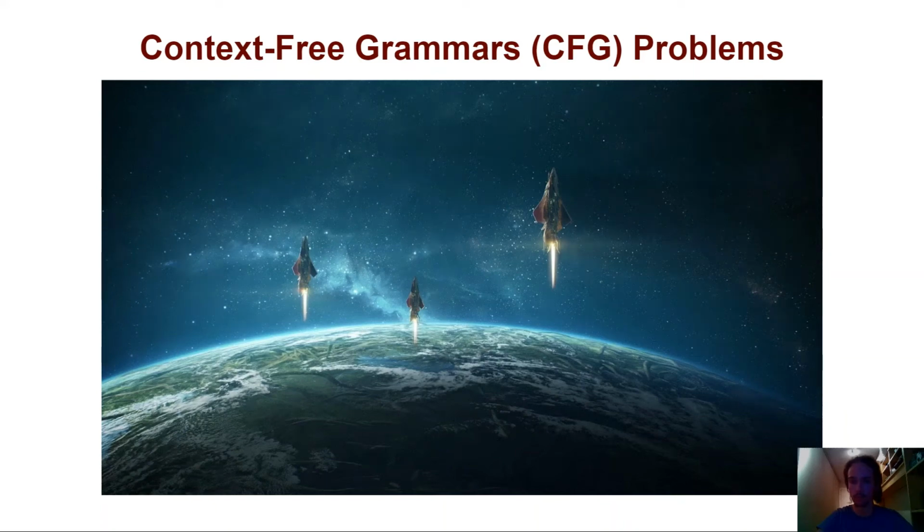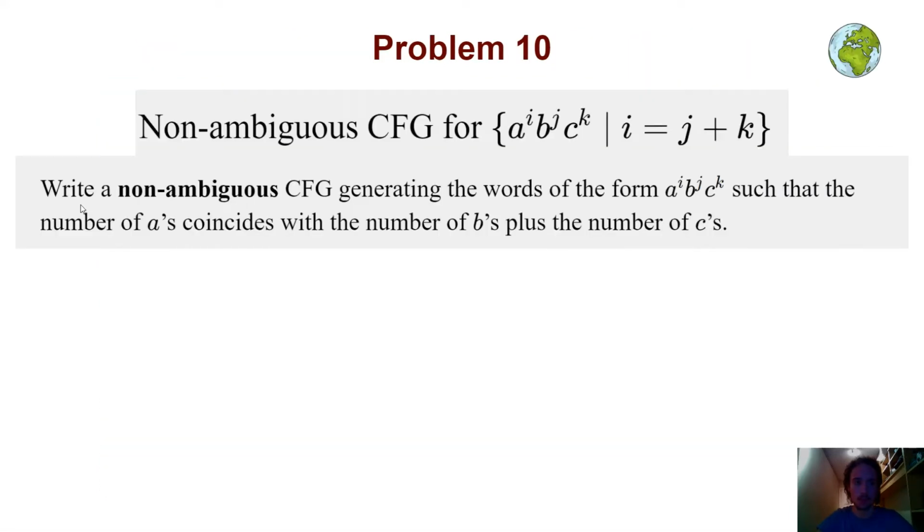Hey everyone, in this lesson we are going to solve problem 10 on the collection of problems about context-free grammars. Problem 10 says, write and give a non-ambiguous context-free grammar to generate all the words that belong to this language, and we can see that this language is basically all the words of the form a to the power of i, b to the power of j, c to the power of k,